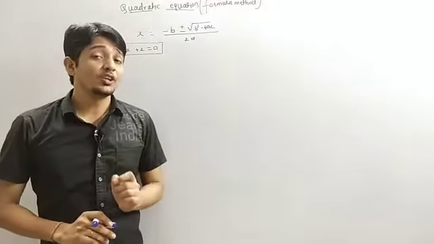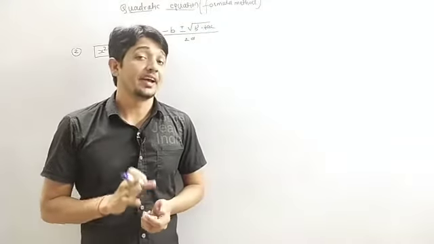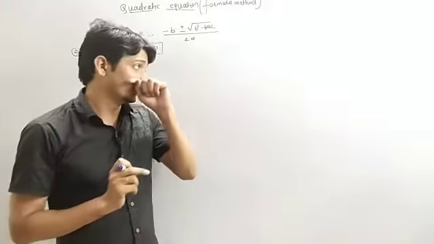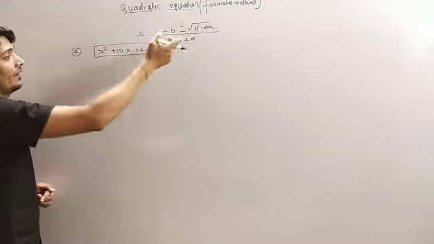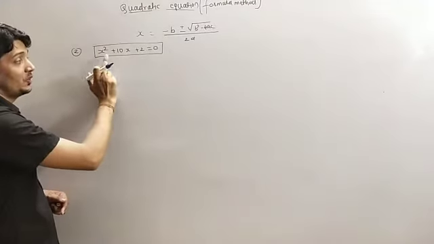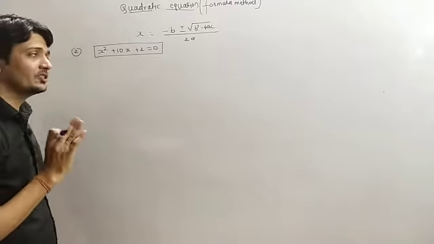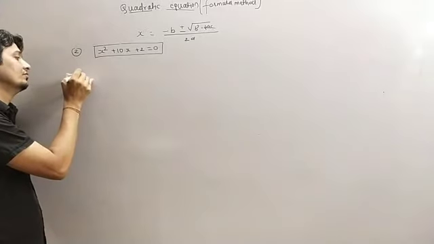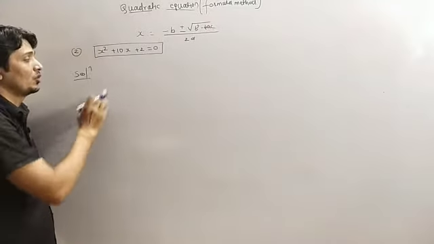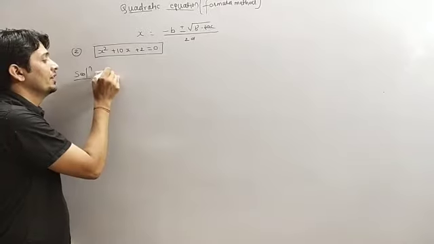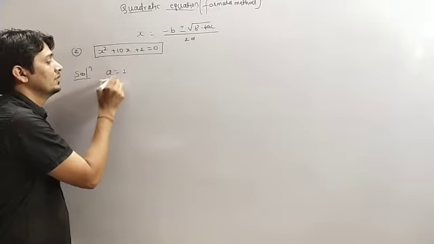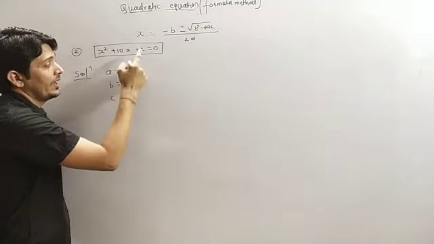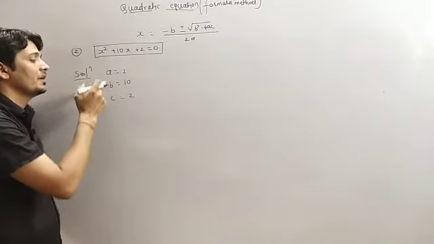So now we will solve the second problem, not in the exercise, it is in the example which is given in your textbook. Okay, so we have the formula, we have the equation, so we have to identify the values of a, b and c coefficients. So solution, we have the quadratic equation here. So we know here a equals to 1, then b equals to 10 and c equals to 2. So we have a, b and c.